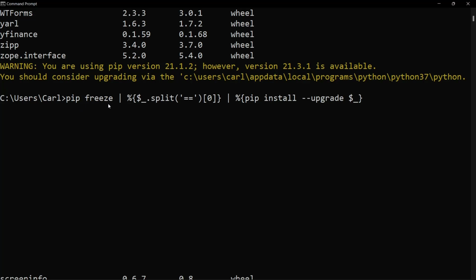So basically it's a pip freeze command, and what it does is, in this line it finds all the possible libraries that are outdated and need to be updated, and then it simply installs that using pip install. And it's using a command of upgrade, which means we want to upgrade the current library that we've got. That's all it. And if you press enter, it will do its process and update all the possible libraries that